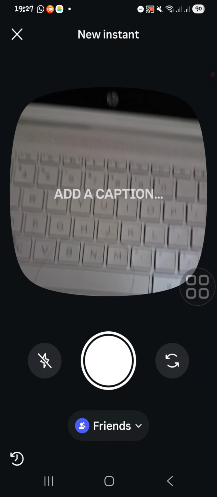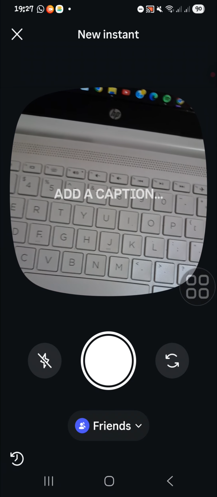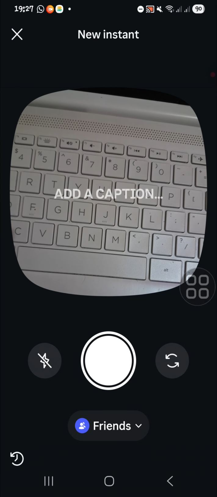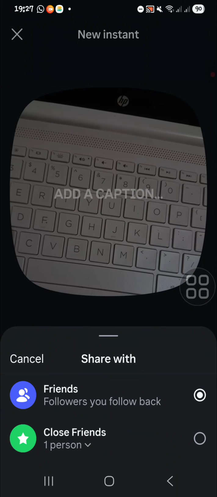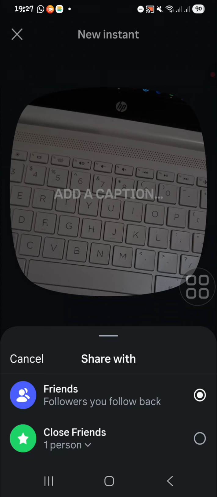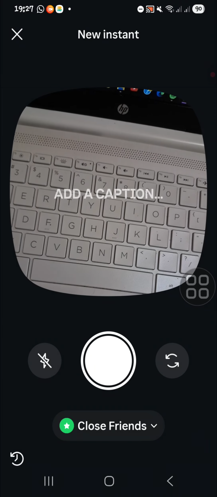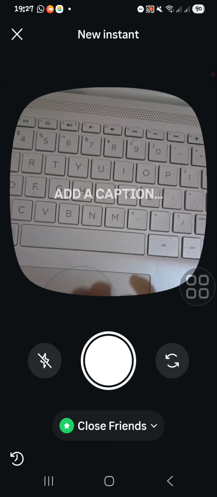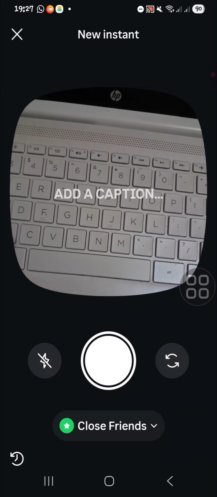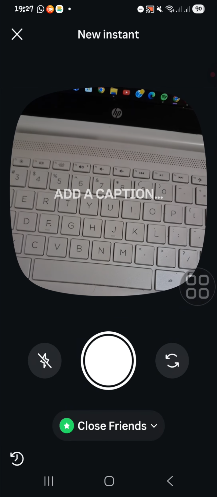Okay, and before you take your photo, you can choose who you want to send it to right here. You can choose friends or close friends. I'm gonna select my close friends. Okay, then you're going to take a photo like this,